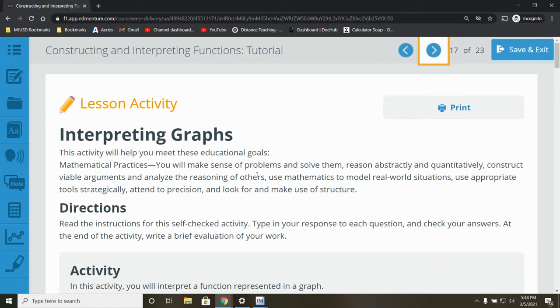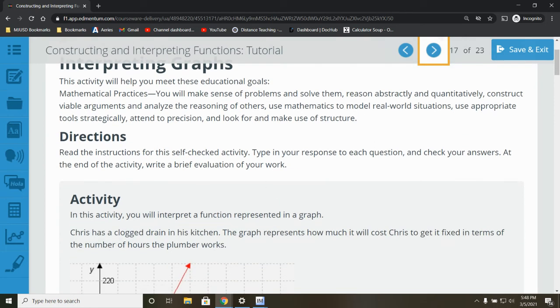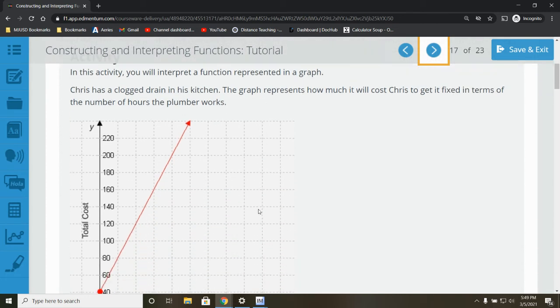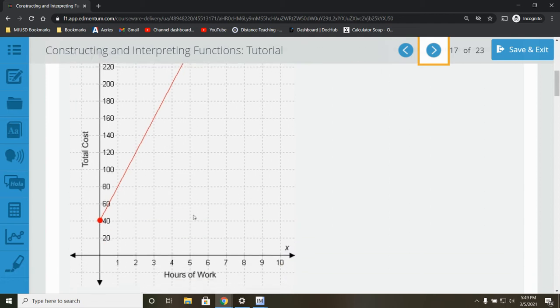All right, lesson activity, slide 17. This is the activity for Chris has a clogged drain. In this activity, you will interpret a function represented in a graph. Chris has a clogged drain in his kitchen. The graph represents how much it will cost Chris to get it fixed in terms of the number of hours the plumber works. So if we just look at the graph,